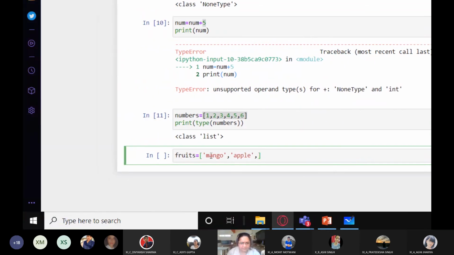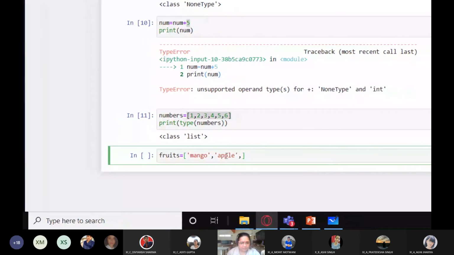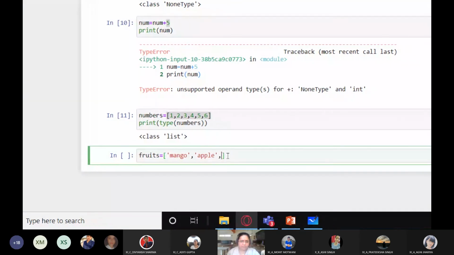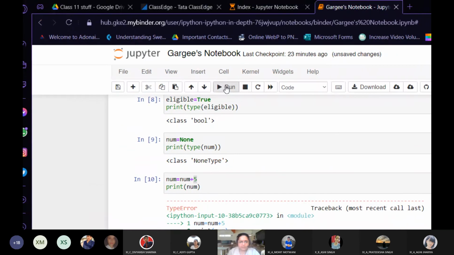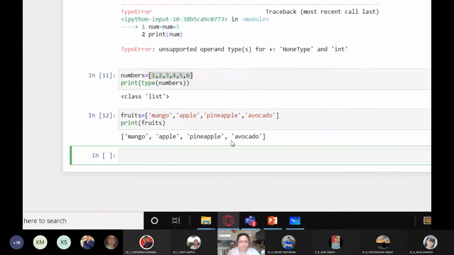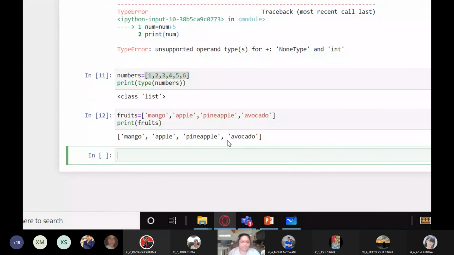Now you can see this is a list of string values. And strings, as you know, can be enclosed within single or double quotes, etc. So this is fruits, and if you print fruits, you'll be able to see how it is printed, and this is how it is printed. It just prints the values.